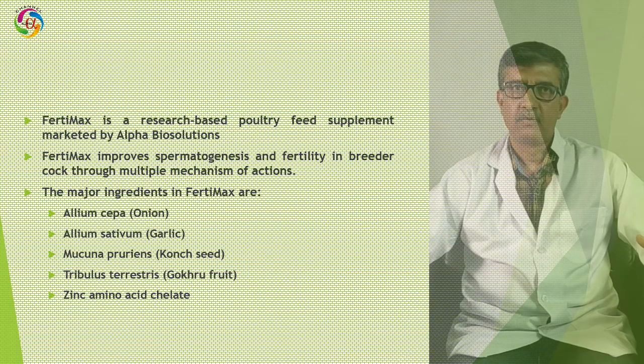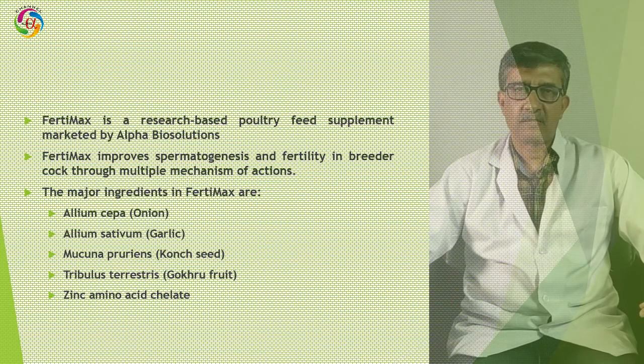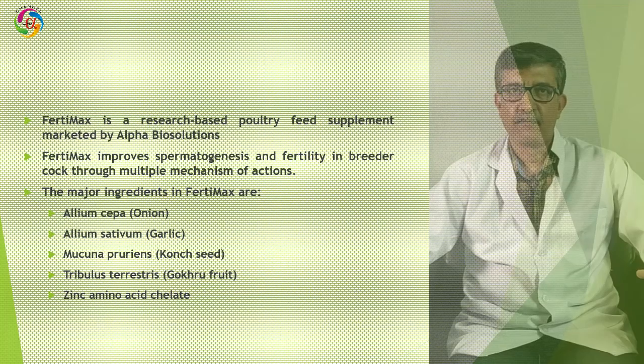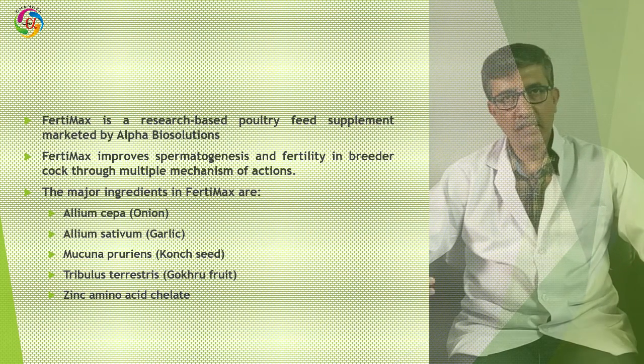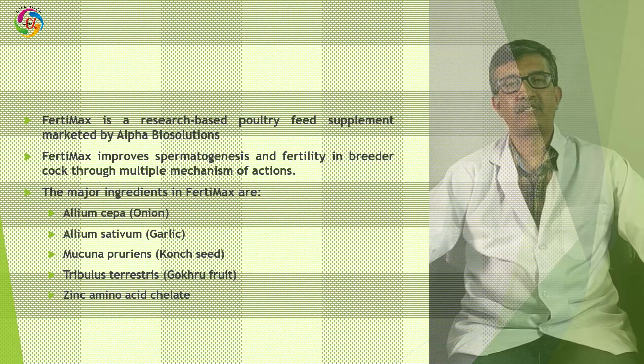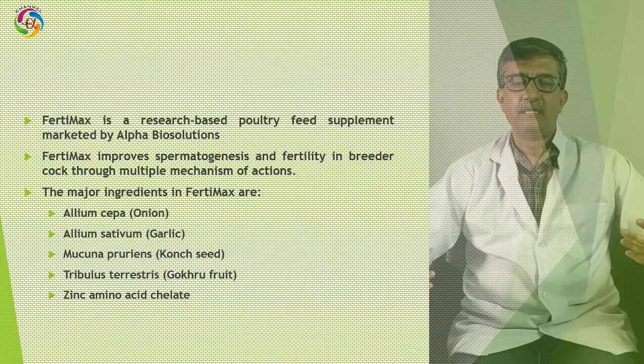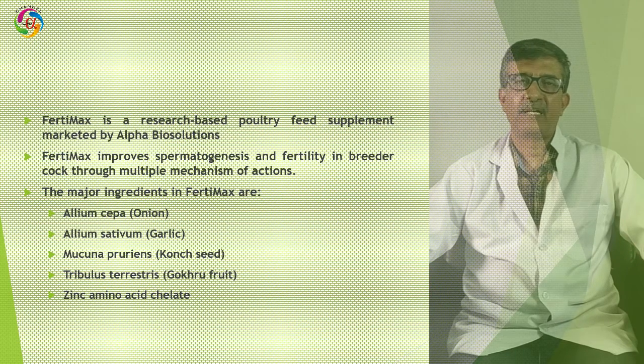We must understand which are the pharmacologically active components and how they work. Looking into that aspect, we tried to explain the mechanism of action of Fertimax, how it works, how it improves the LH concentration, how it improves the testosterone concentration, and what other mechanisms are involved in increasing the sperm content and